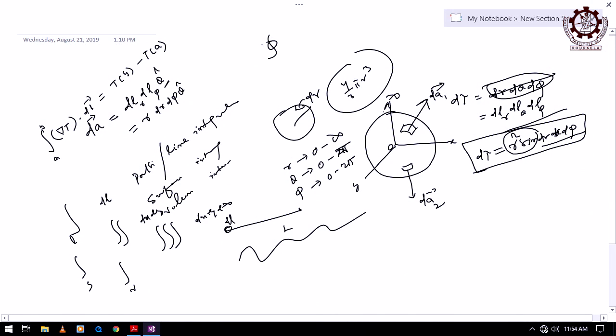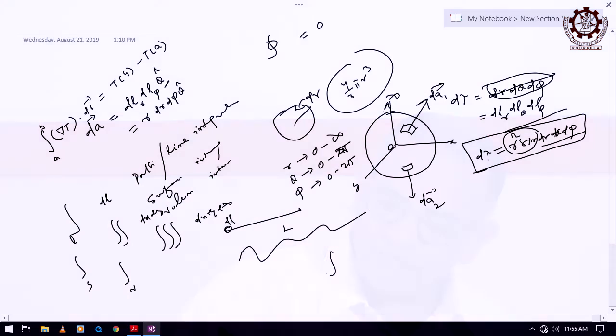And similarly, if it is a closed path, that also I told, then it must be 0, because the starting point is same as the ending point, then only it is closed, and for any closed path it must be 0, right. So, these are corollaries, and similarly curl related also there.